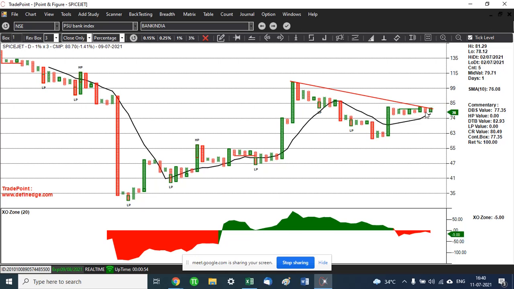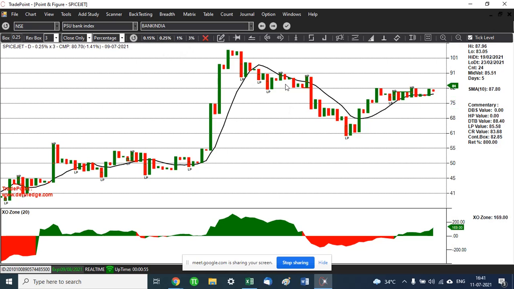If this breakout happens, we can enter this trade with a small stop loss, because the stop loss will be a double bottom sell value, or it will be the moving average value, which approximately is 77. If this breakout happens, which is very close to happening, then we have a breakout from a 45-degree trend line of this anchor column. So we can take a long trade on SpiceJet with this small stop loss. This is how we can do it on mid caps. So I prefer 1% for mid caps. Some people can also prefer using 0.25%. That is their choice completely, depending on the time frame of the trade you are wanting to take.